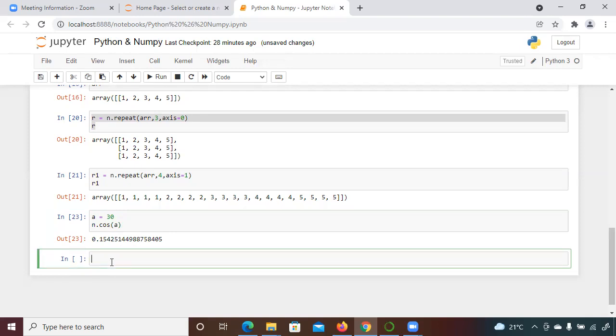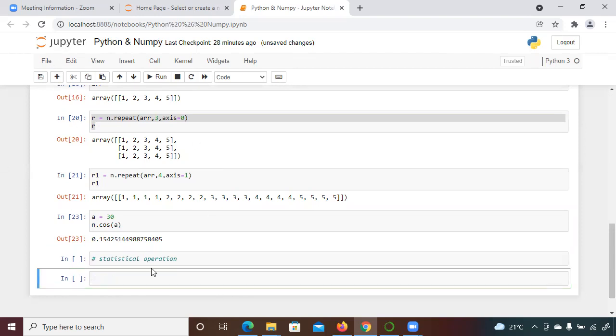Now we're going to do some statistical operations. The most important part is how to do statistical operations in this. Let's take an example. Let me create a new array.